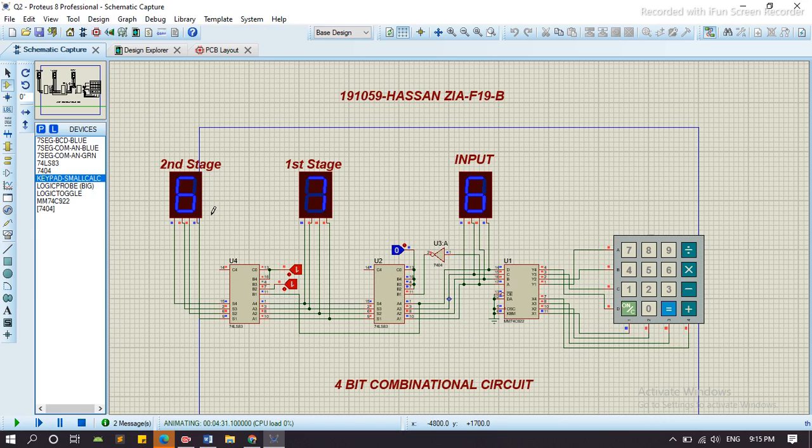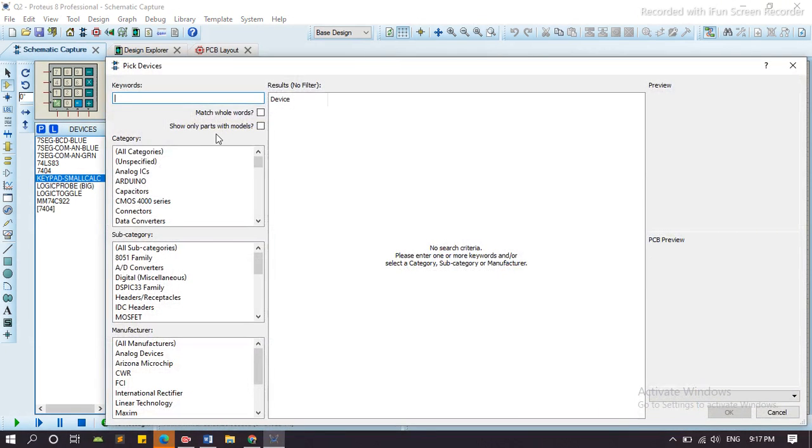For the PCB, we connect the pins here, A for the A, B, C, D, and 1, 2, 3, 4 we connect the pins here, and similarly in the 7-segment display we select the pins. For this we go to here and select the 8 pin.